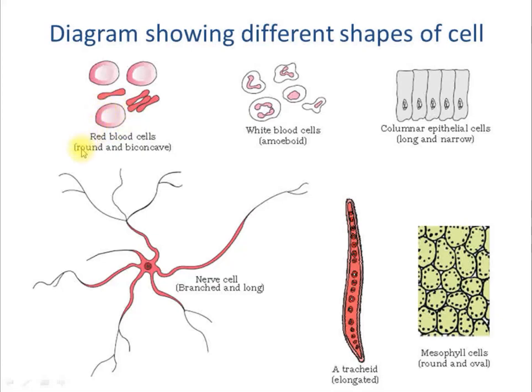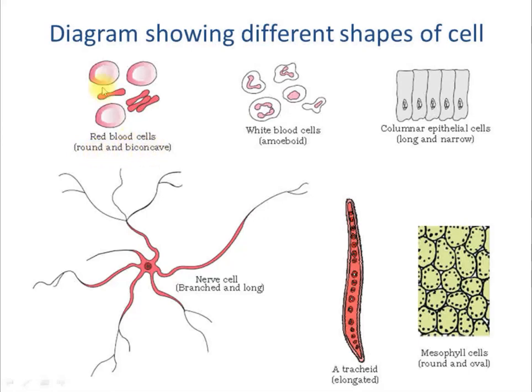So if someone asks you what is the shape, definitely you will be able to remember. But why this round shape? Now you will be able to answer. Okay. Now again you will ask, sir, okay fine, this is good. Round shape we have understood, but what about the biconcave shape?